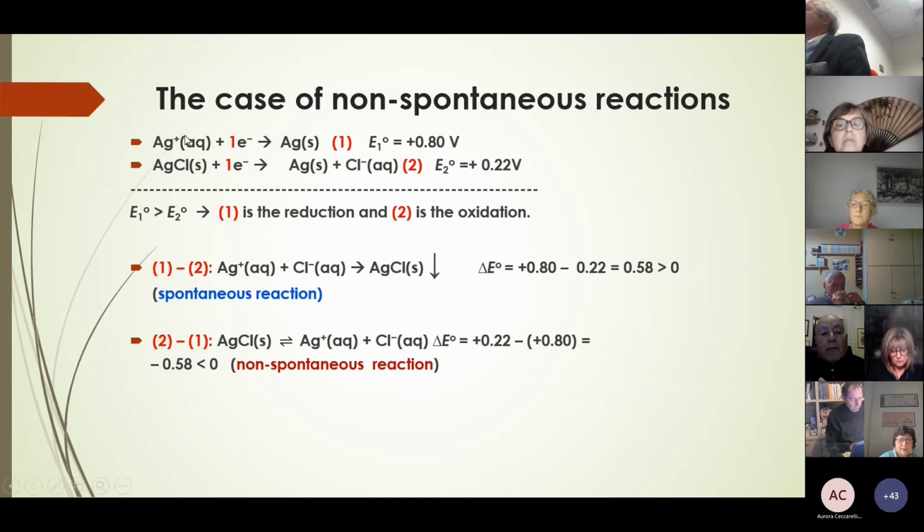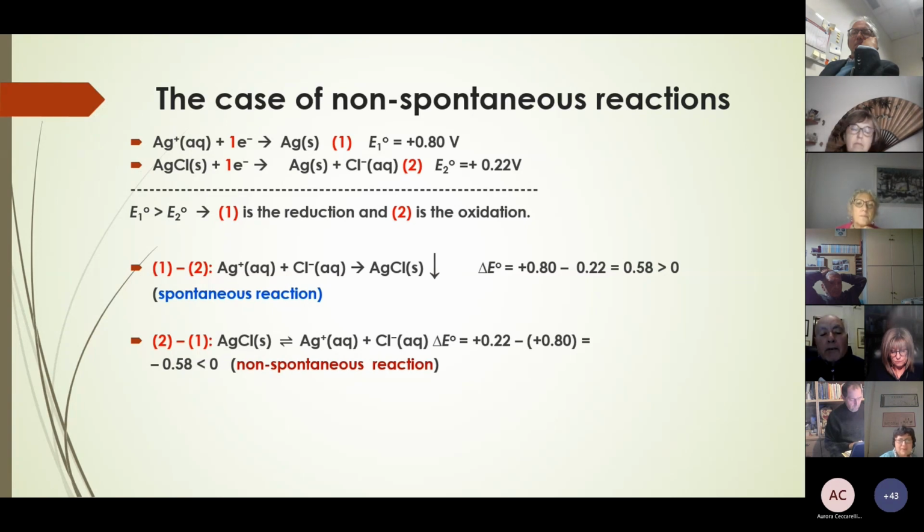Again, we have to consider the 2 half reactions. One is a reaction of the first kind, and the second is a reaction of the second kind. The first has a larger standard electrode potential value than the second. So the first, in the spontaneous case, will occur as reduction and the second as oxidation. And the overall reaction, which can be found by subtracting half reaction 2 from half reaction 1, is